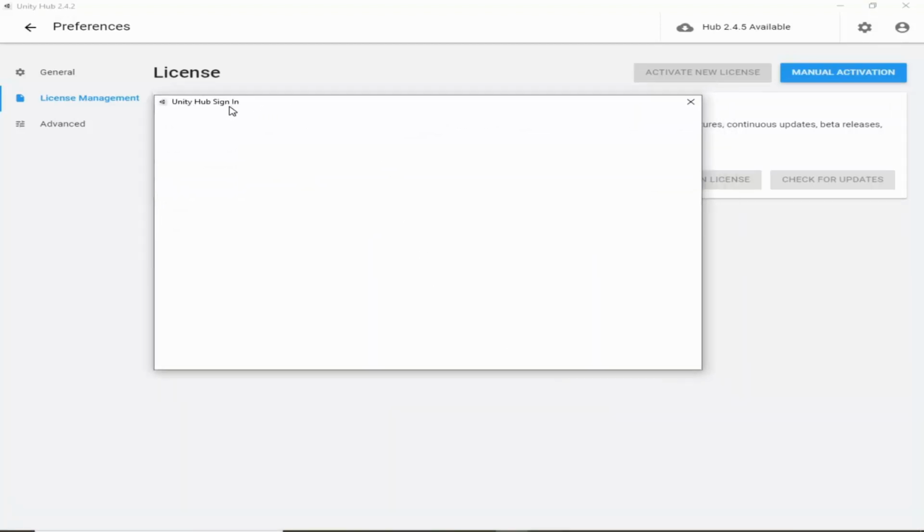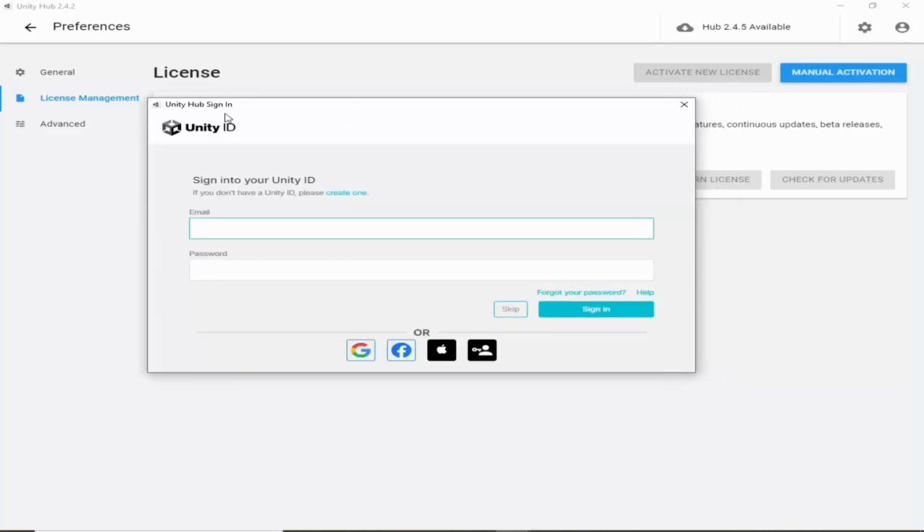So it will prompt you to the Unity Hub sign in. So here you can sign in with your email and password. If you haven't created a Unity ID yet, so click here, create one, and you can create it easily. It is as simple as creating any Gmail account. So once I will log in, then we will continue.